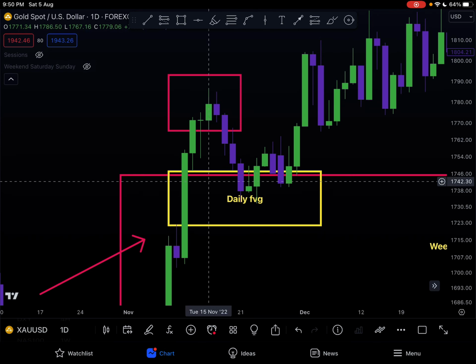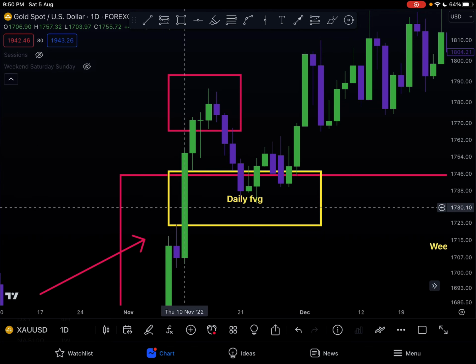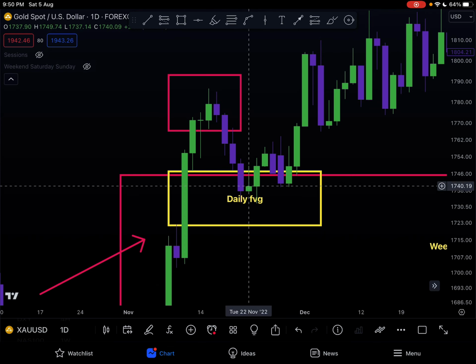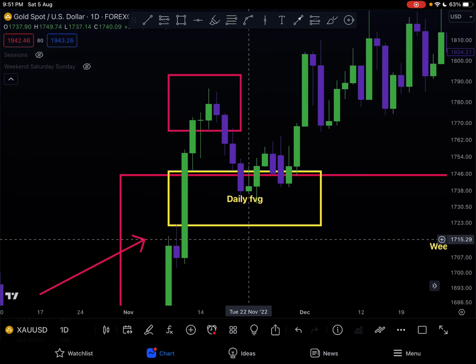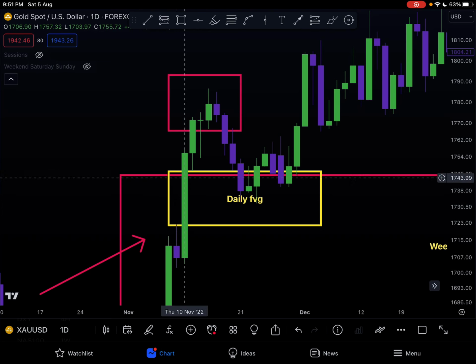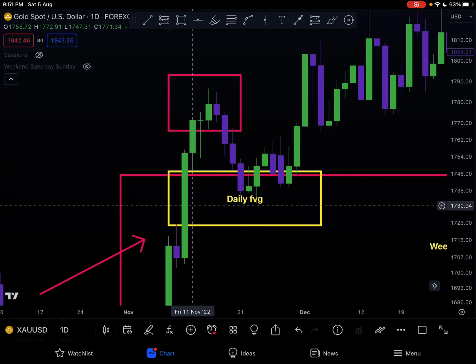Daily time frame, we talked about, is responsible for what? Really good for intraday trading, really good for swing trading. It's kind of like a hybrid. So it's right in the middle between a higher and a lower time frame. So it gives me a really good perspective on order flow. So it's going to let me know that, okay, once we get down to this fair value gap on the weekly, I can go down. Okay, I have another one on the daily fair value gap. Where do I really want to participate from? That's my next question.